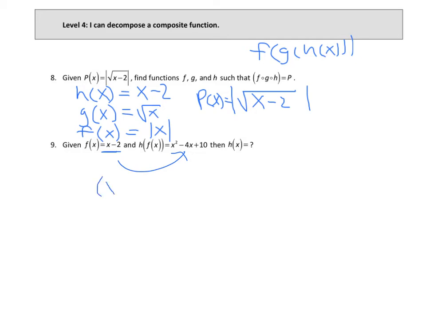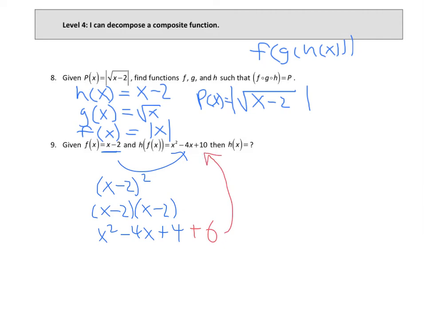So if we square f of x, x minus 2 squared, we get x minus 2 times x minus 2, which is x squared minus 4x plus 4. Now that's not exactly the same as h of f of x. But if we add on 6 more, we would get this function. So what we could do is call h of x